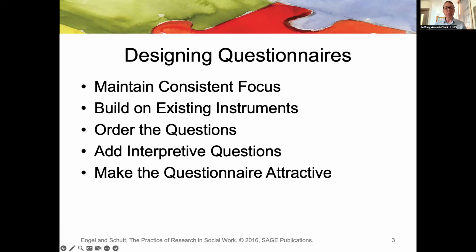When we are designing some of the questionnaires, we want to make sure that there's a consistent focus throughout it. The last thing you want to do is have a questionnaire that is too long, because then people are going to drop out. You want to use existing instruments that have been validated as best you can. If there's an instrument out there and you already know that it works well, then it's good to use it, as opposed to one that has not been tested, unless that's the intention, is to test it. The order of the questions makes a difference,